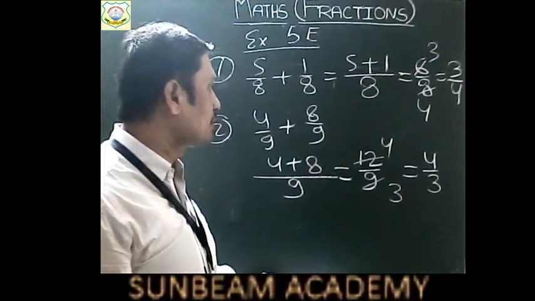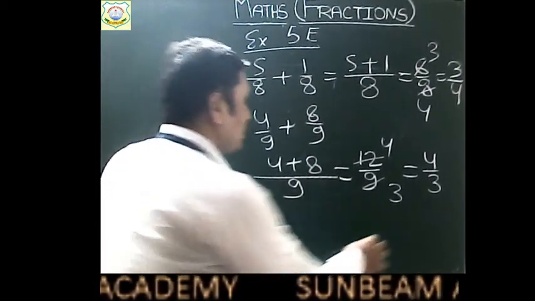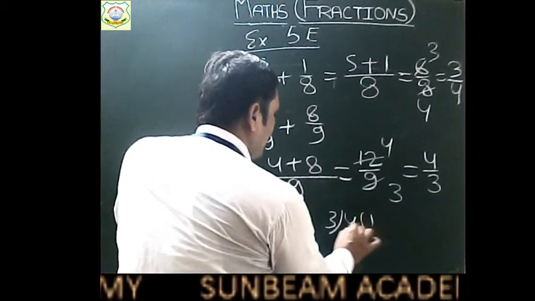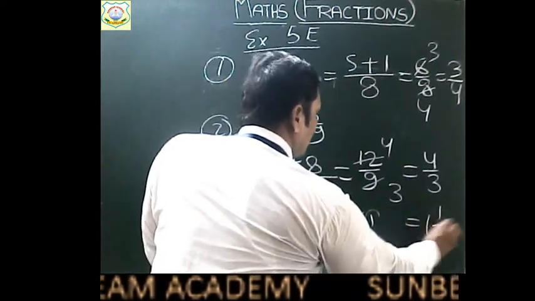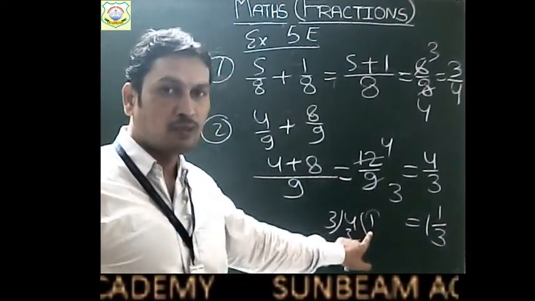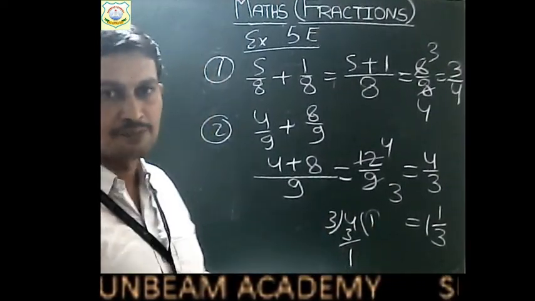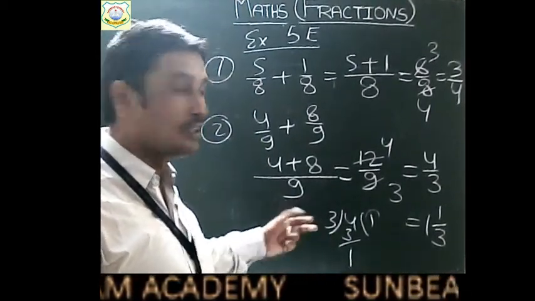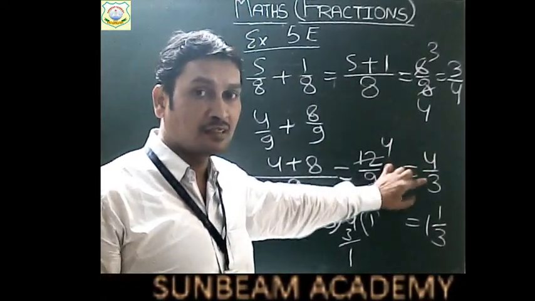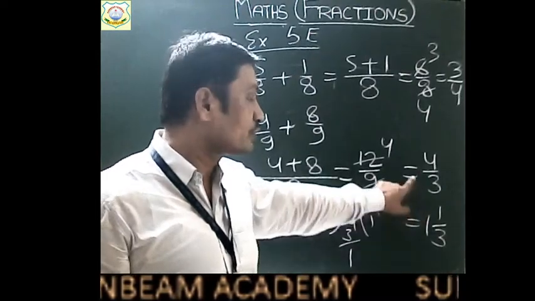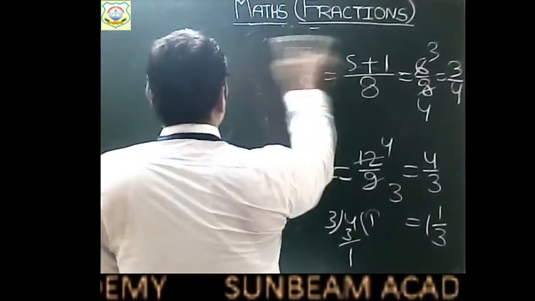Okay, and 4 by 3 is an improper fraction, so you will convert this into a mixed fraction, right? So divide 4 by 3, children, we get 1 whole and 1 by 3. So the answer will be 1 whole 1 by 3. First we write the quotient 1, and the remainder 1 is divided by 3. Okay, so this is how you can write the answer. Whenever the answer is an improper fraction, whenever the numerator is greater than the denominator, children, don't forget to convert this into a mixed fraction. Okay.